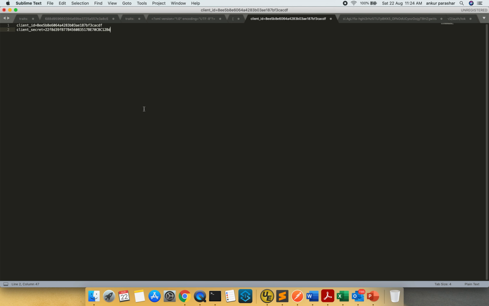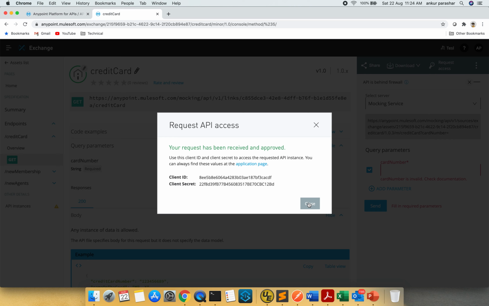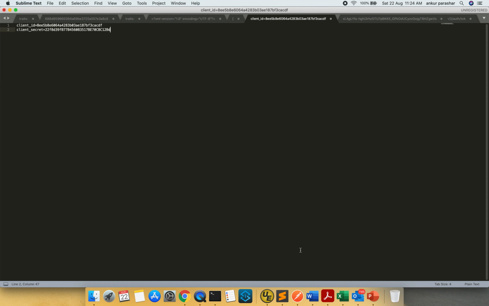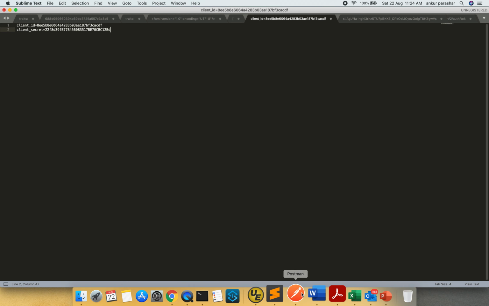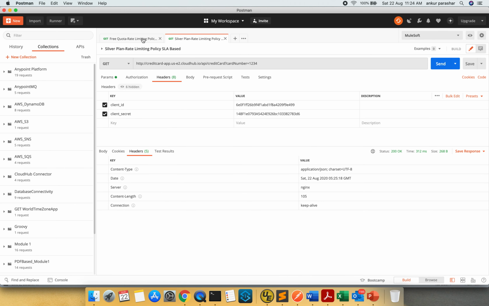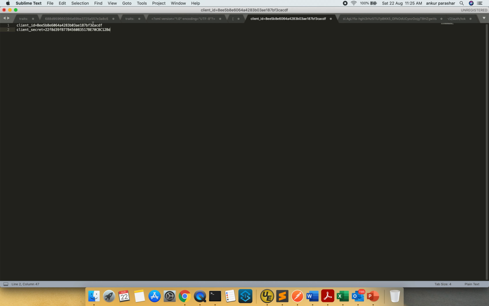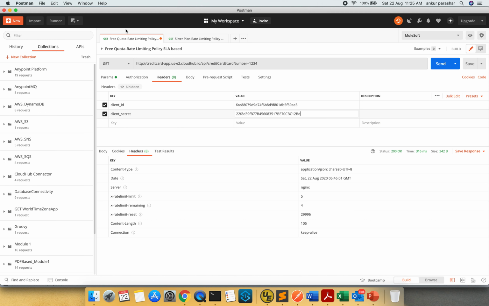Okay, so now we are done. I will click on close and go back to my Postman. I will change this particular value, and similarly the client ID I will change. I'll click on the send button.